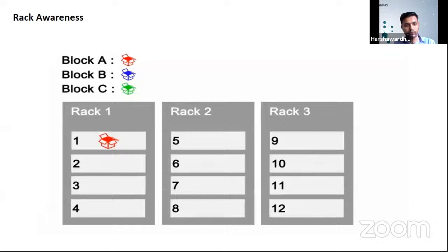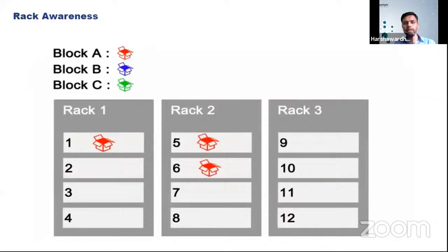But if you make it 1 and you lose that data node, your data is lost. So it is not feasible to keep the replication factor as 1. We should have a higher replication factor, 2 or 3 or 4. Can we increase it? Yes, you can increase it to 7, 8, but increasing more than 5 or 7 is not required. That is sufficient. Now, the first block is stored here. As I said, the replication factor is 3 for Hadoop, so two more copies of the same block will be stored. Automatically that data has been replicated and stored on another rack. Why not on the same data node?